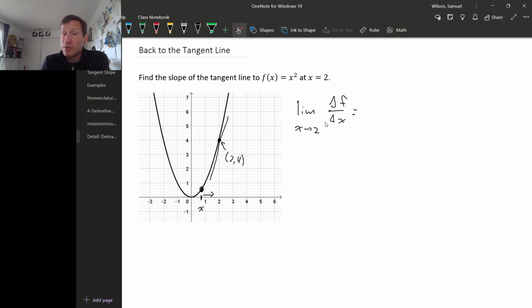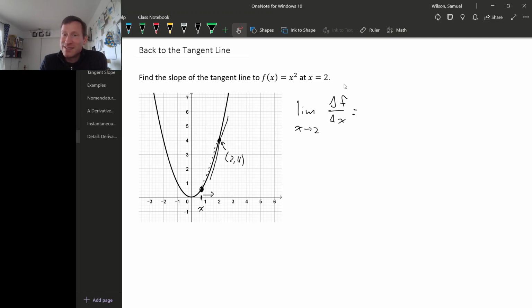And this should be the slope of the tangent line because here's our secant line, but as x goes to 2, the secant line sort of turns into the tangent line. So the slope of the secant line should turn into the slope of the tangent line. So all we need to do is calculate this limit. Now,